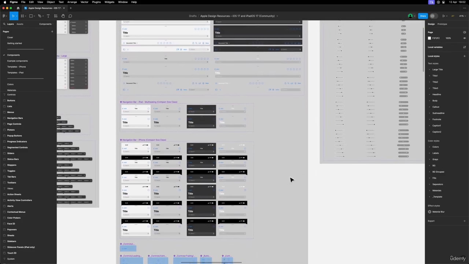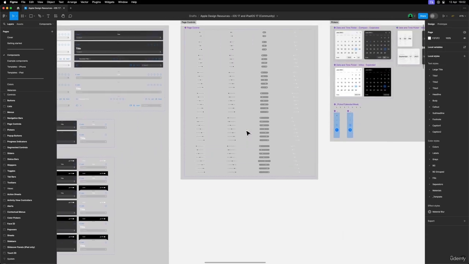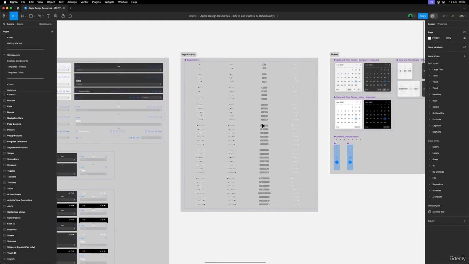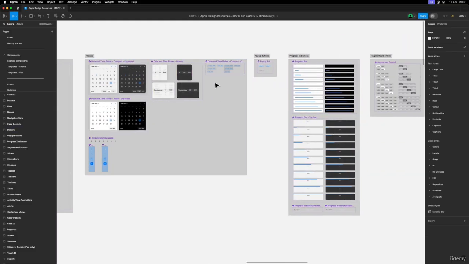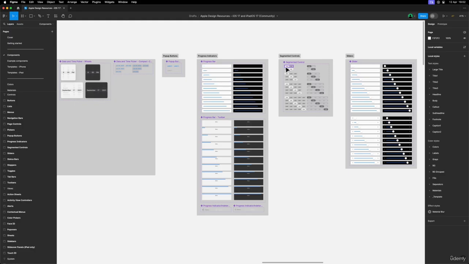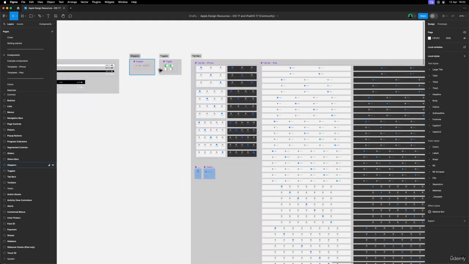That's going to be really important for us, especially these top headers with date and time and battery, Wi-Fi, etc. Page controls, of course, picking up the date and the time, maybe some progress bars, segment controls, sliders, status bars, toggles,